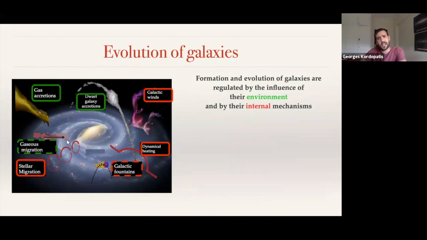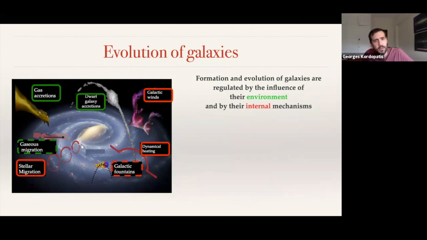You can also have some additional dynamical effects, such as a dynamical heating of stellar populations, either because you have a dwarf galaxy that will hit the galactic disk and make it wobble, or simply because you have a dynamically cold population that is born, and then this will interact with the spiral arms and the central bar, and with time it will increase its velocity dispersion. And you can also have some other effects that I will not be talking about in this talk, but